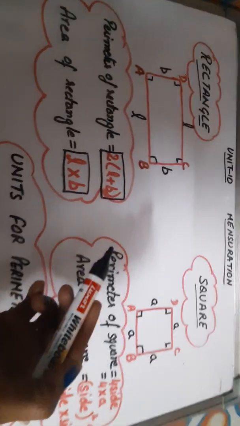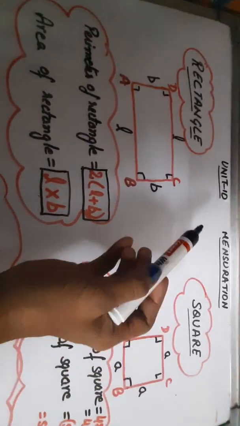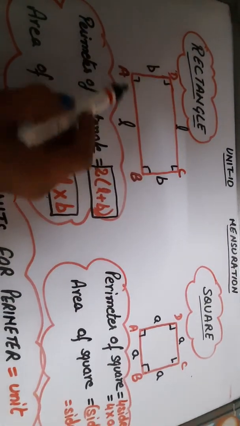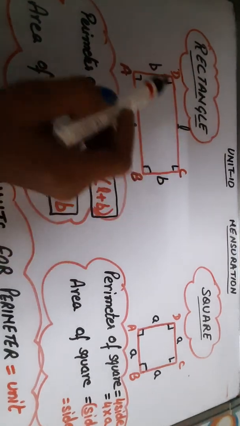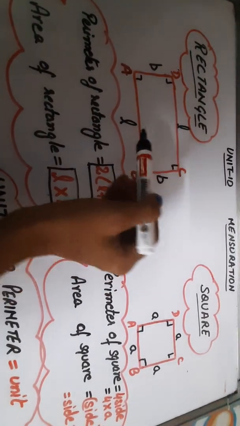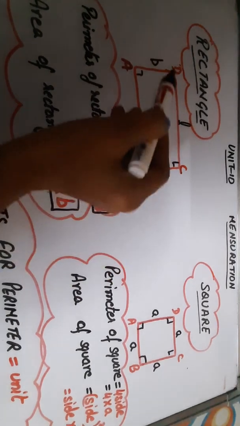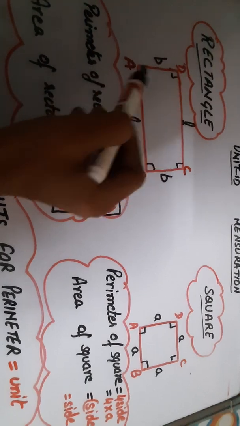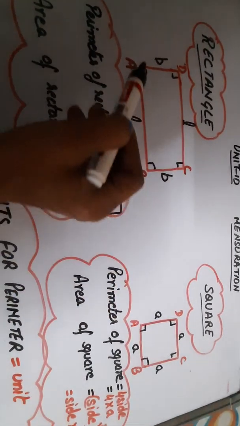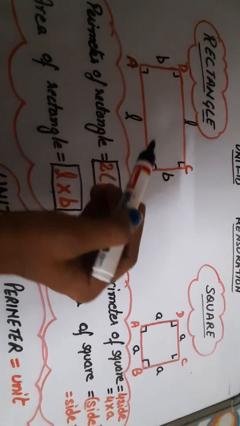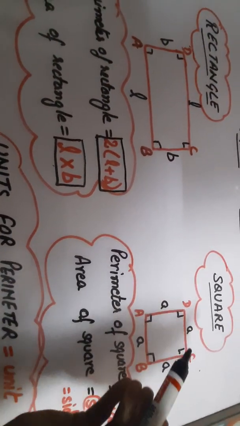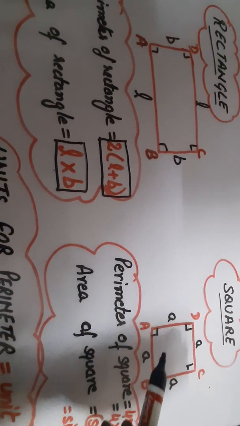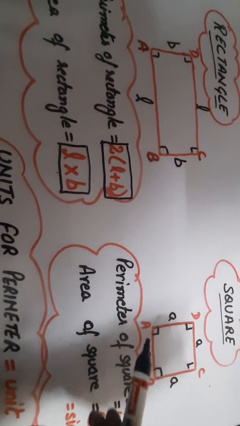So, dear students, before moving on to the exercise questions, let me make you familiar with the formulas. Here, a rectangle means a four-sided figure, a quadrilateral whose opposite sides are equal. Here you can see AB and CD are equal, each equal to L. We call it the length, and AD and BC are equal, these are the breadth. Each angle of a rectangle is 90 degrees. In the case of a square, there are four equal sides, each angle is 90 degrees and all sides are equal. I have marked all equal sides as A.